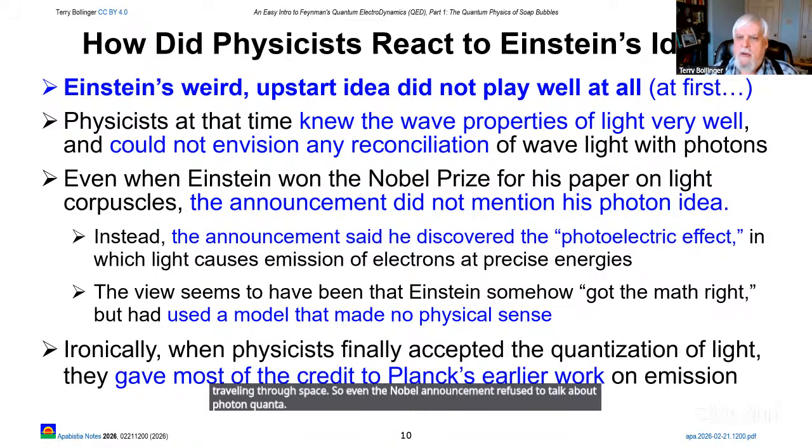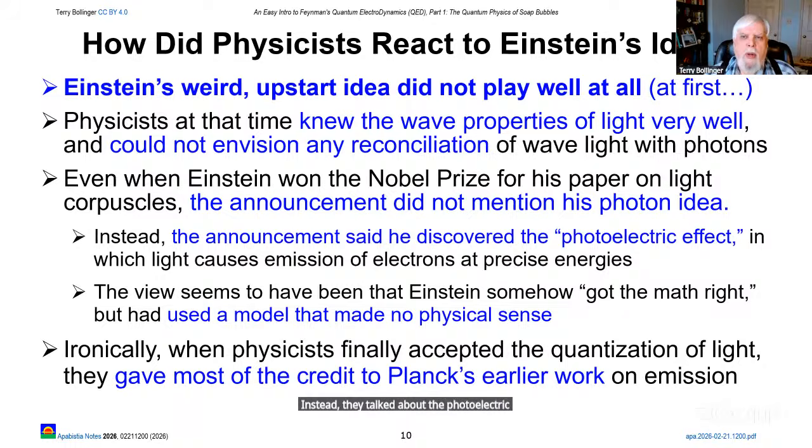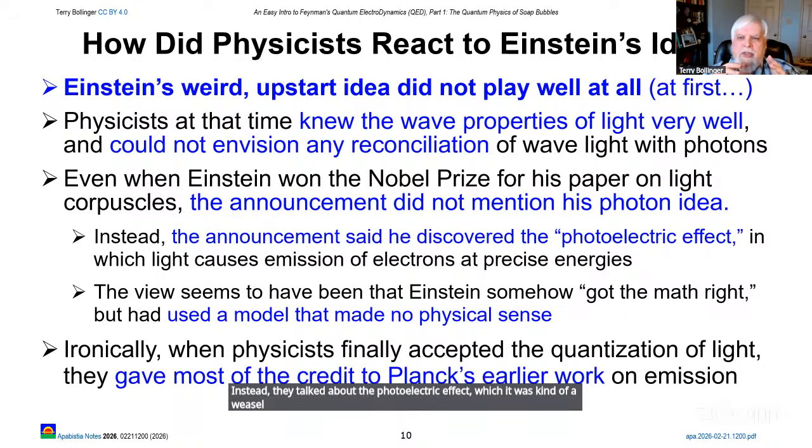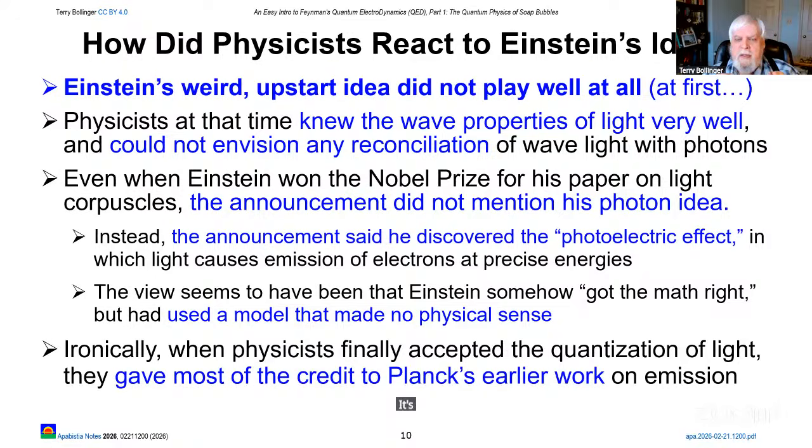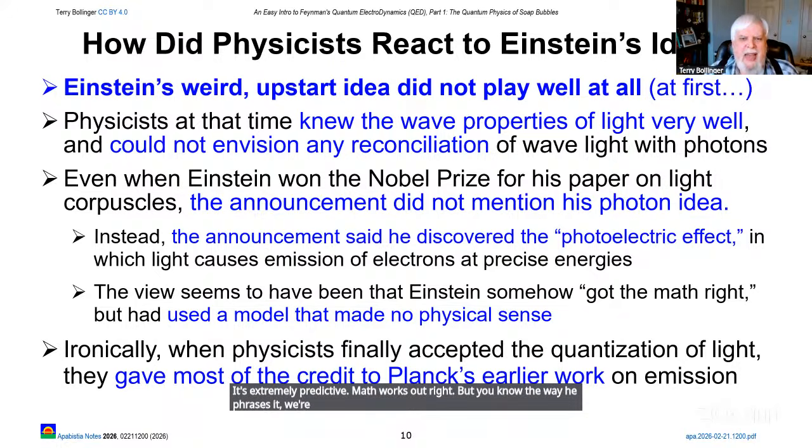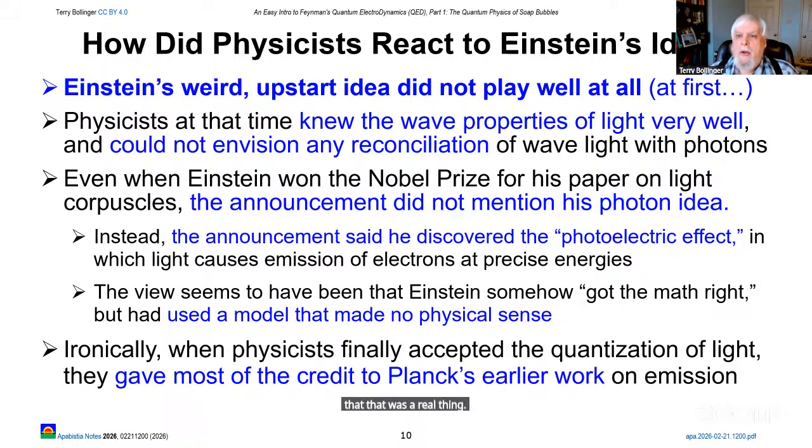Instead, they talked about the photoelectric effect, which was kind of a weasel way of saying, yeah, he found something very important here. The equations all work. It's extremely predictive, which is important, which is why he got the Nobel Prize for it. The math works out right. But the way he phrases it, we're not so sure about that. Because they just couldn't conceive that that was a real thing. And there are good reasons for that confusion